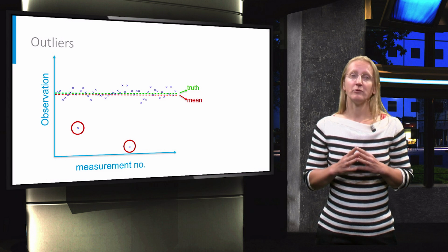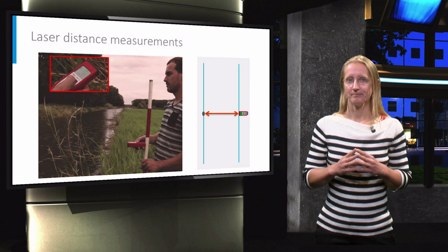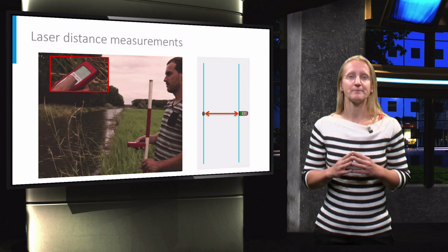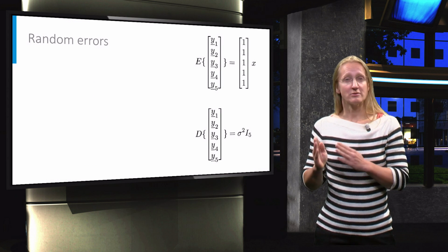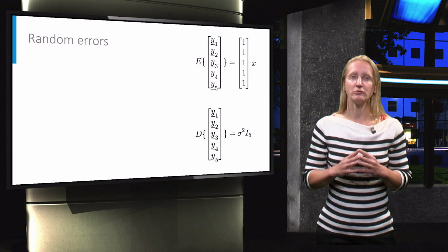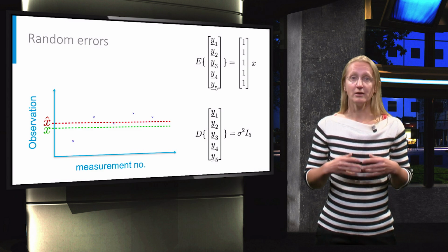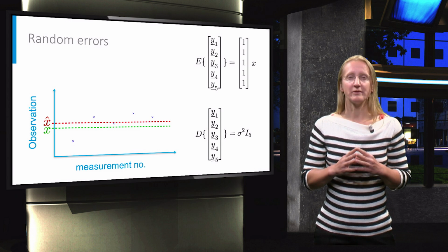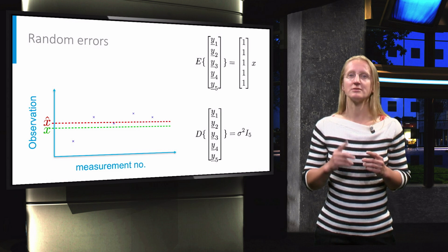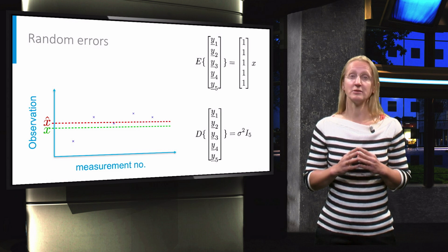Let's take the example of the canal width observations. This time we collected 5 independent observations with a laser distance device. The functional and stochastic model are shown here on the right, and the observations are shown in the graph, together with the true width x and the estimated width x hat, which is the best linear unbiased estimate based